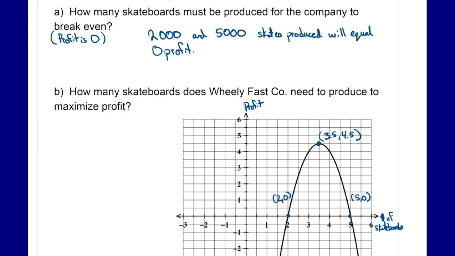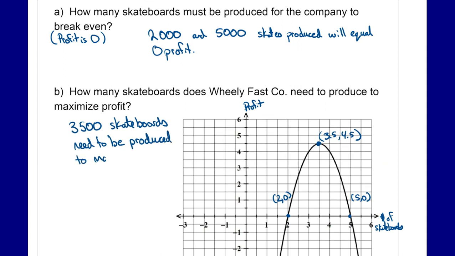So when we're talking about how many skateboards they need to produce, remember 3.5 is represented in thousands, so this is 3,500. 3,500 skateboards need to be produced